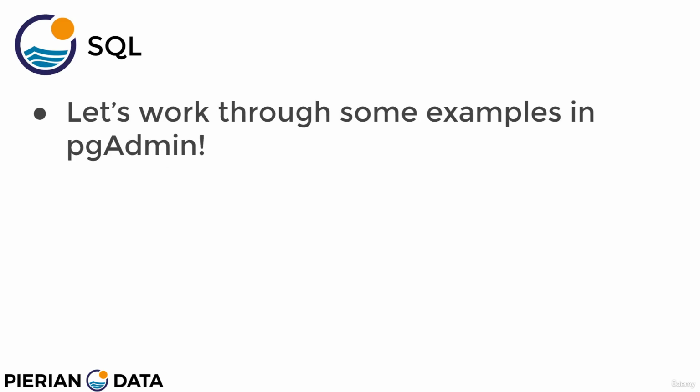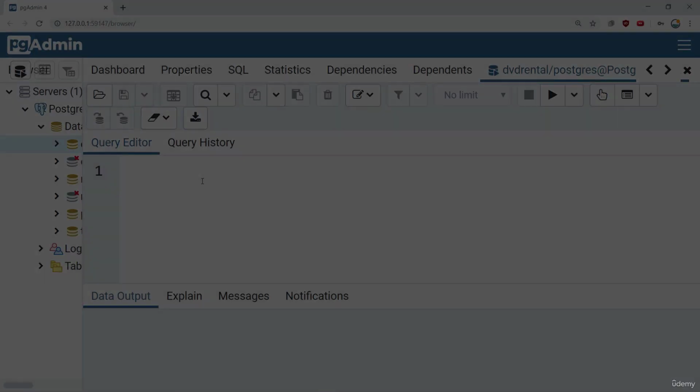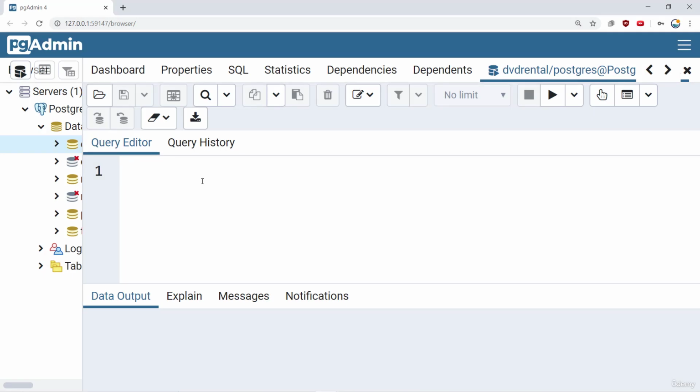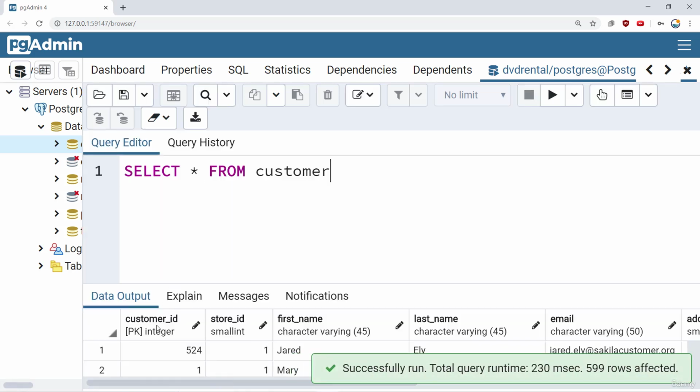Okay, so those are very simple examples, but let's go ahead and look at some more realistic examples through pgAdmin. I'm going to open up pgAdmin now. Okay, here I am inside pgAdmin. I'm going to go ahead and just explore the customer table. So let's grab everything from customer, run that, and I see I have a customer ID, store ID, first name,